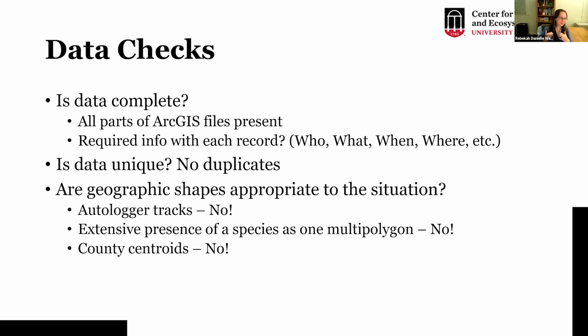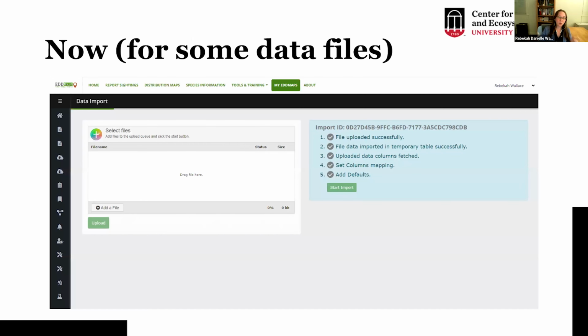And in some of the questions we've already gotten about accuracy of points, that will just confuse the people whose job it is to follow up on these points. So, those are the types of things. This is a very small list so far of the types of things I look for, but any of these questions I have, I'll then work with the uploader on answering them. So just to give you a very small look into the thought process that goes behind the files that are submitted. So what we can do now, we being currently me, is I have an